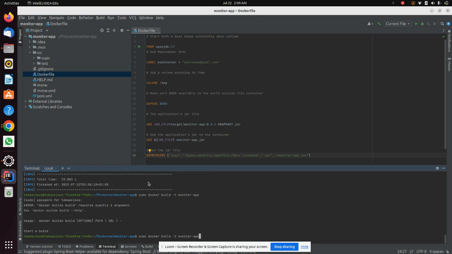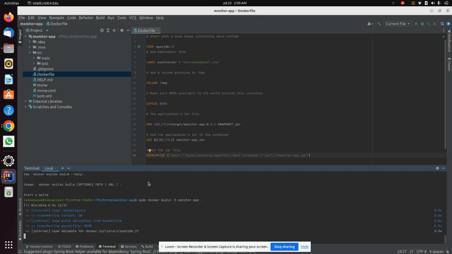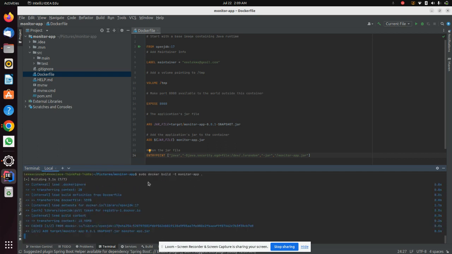Okay, so I omitted the full stop here, right? But right now you can see our image is built. It's as simple as that. So now for us to see the list of all the Docker images on our system, we are just going to do docker